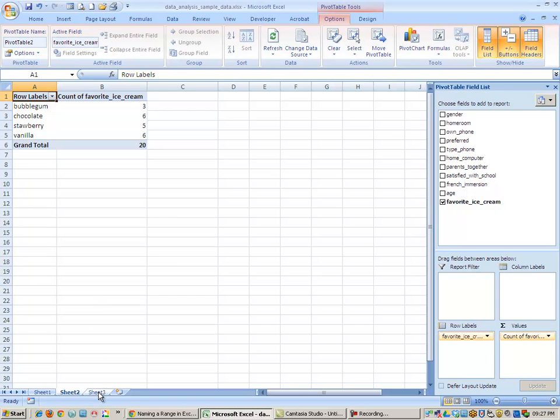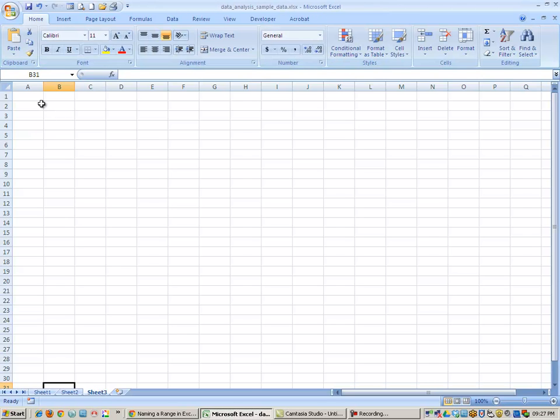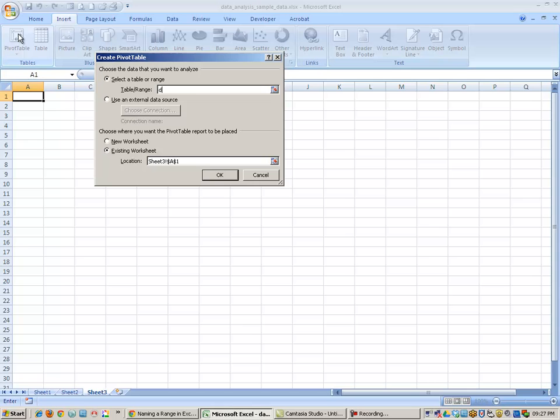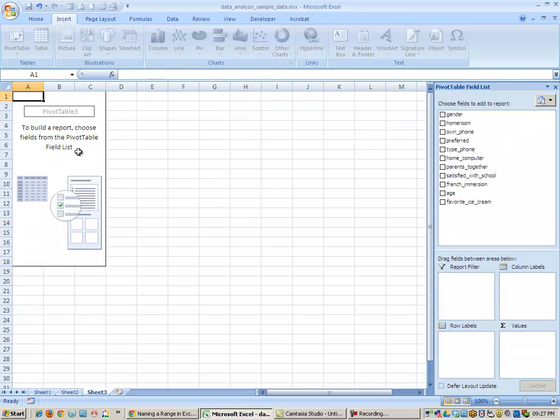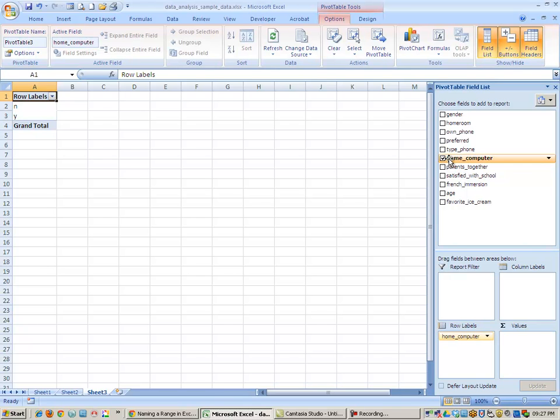Let's try creating another one. So I'll pop out into a new sheet, click on the first cell, click Insert, Pivot Table, type in the name of the range, which was data, click OK. And let's say this time we want to show how many students have a computer at home. So again, we'll select home computer,